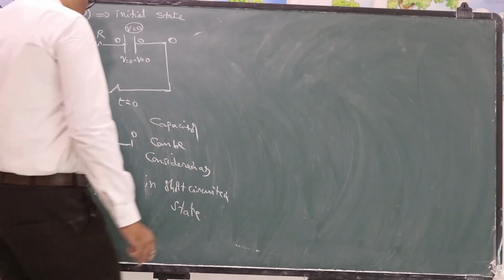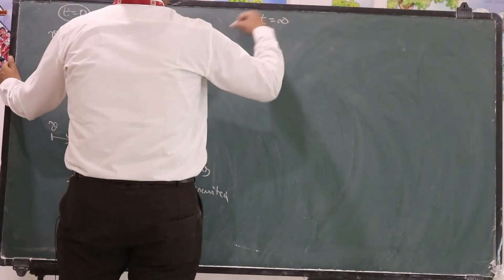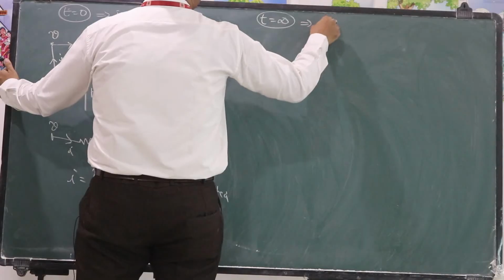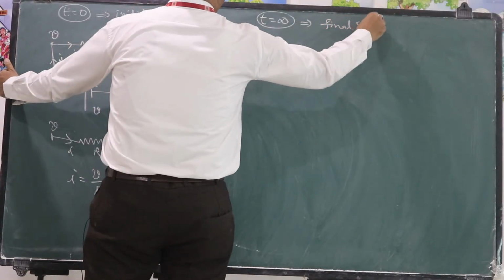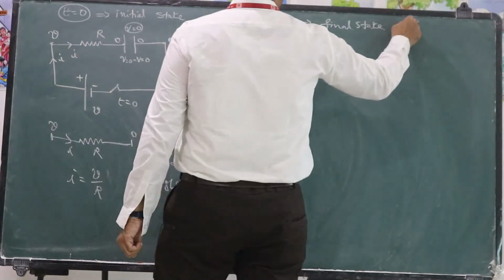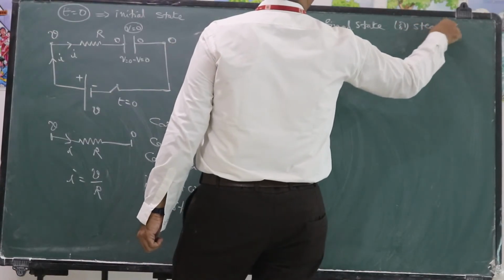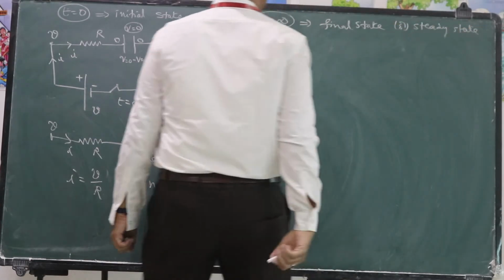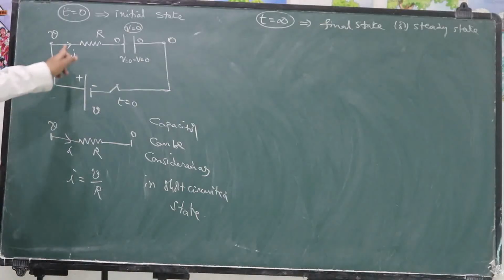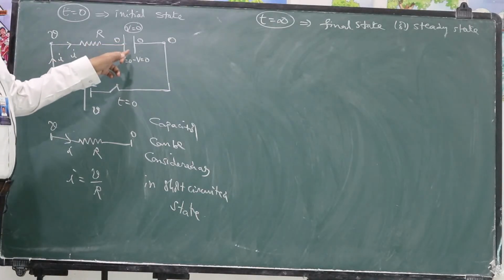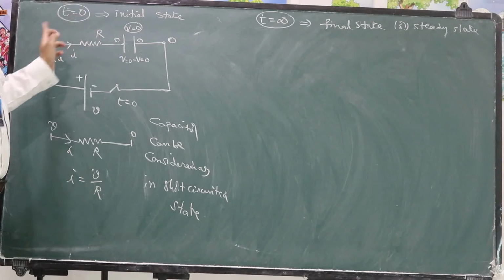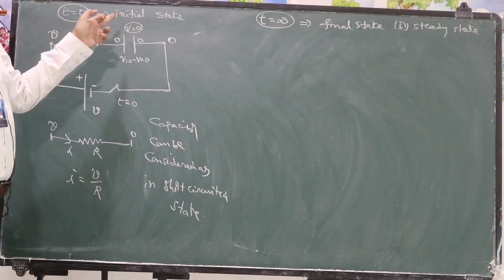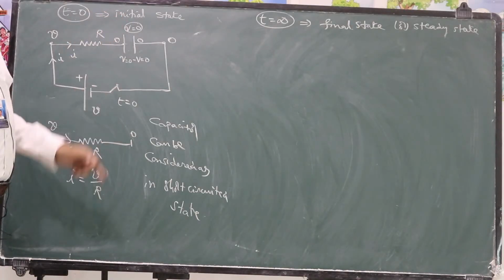Okay. If you wait for a long time, suppose infinite time, at time t is equal to infinity, the circuit is said to be in final state. Final state or steady state. Why is it called steady state? Entire charge gets deposited over here. Once the maximum charge is attained, it will not allow further passes of current in the circuit. So it is getting the stability or the steadiness. Such a state is called steady state.